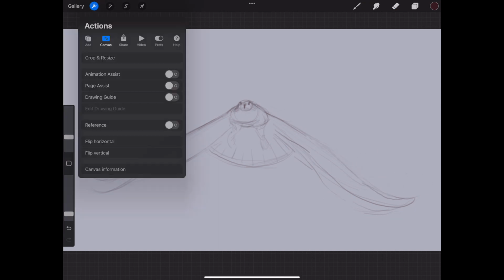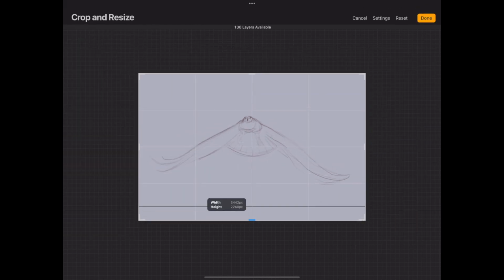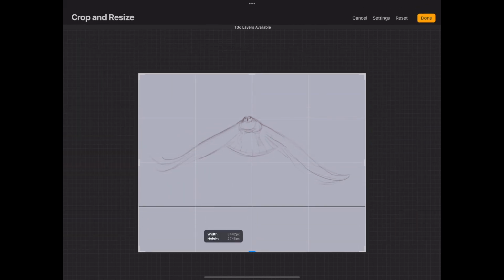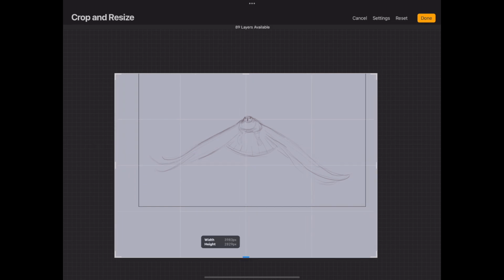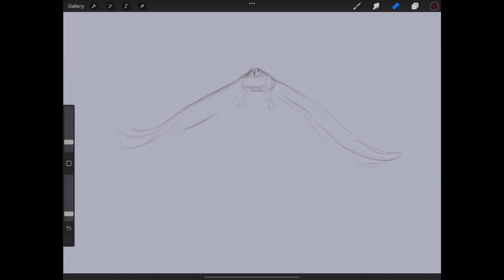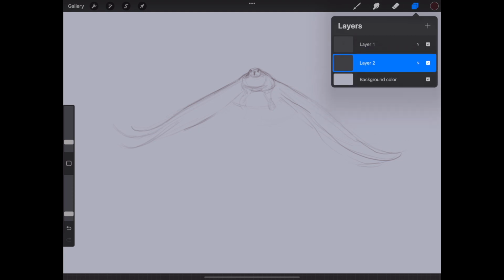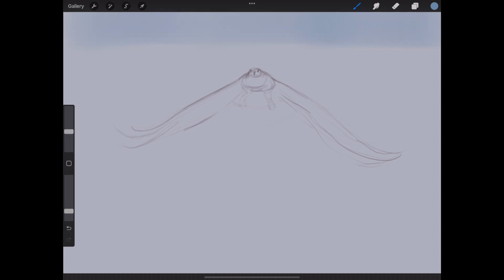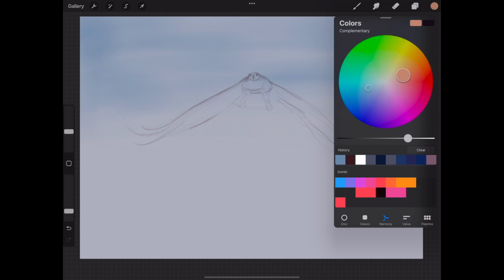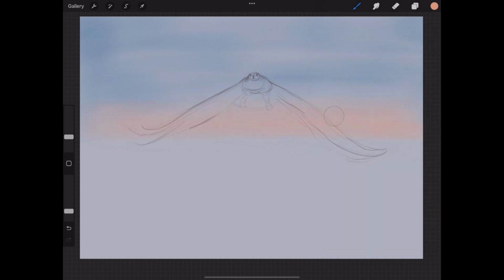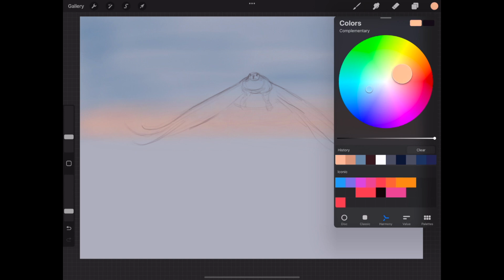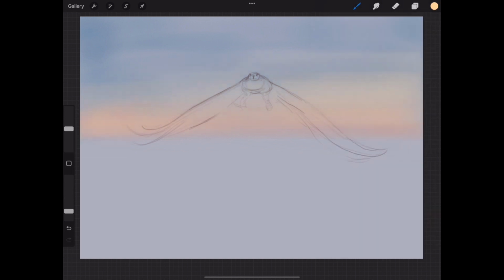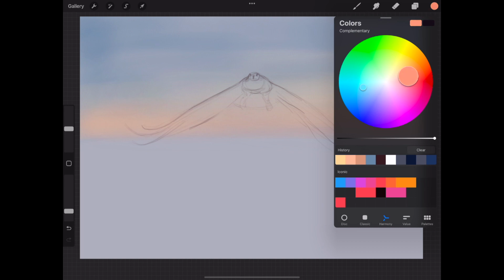Let's make the canvas even bigger to be able to draw the clouds nicely underneath and a little bit to the sides. Make the tail a little shorter and then create a new layer for the sky. It will be of a light grayish blue on the upper part and orangey at the bottom. We can give different tonalities. Let's do a darker one toward the right and low.